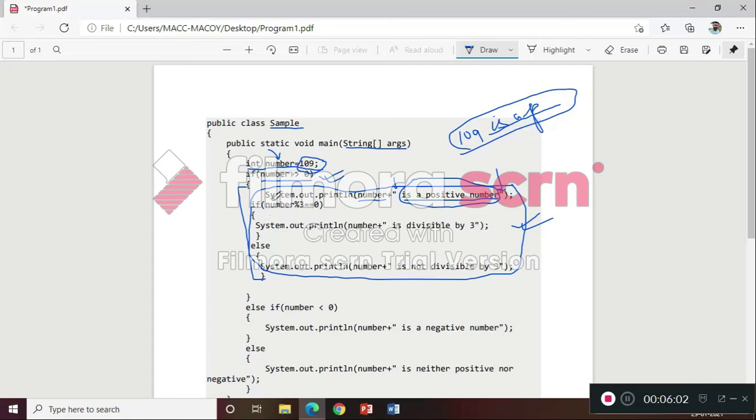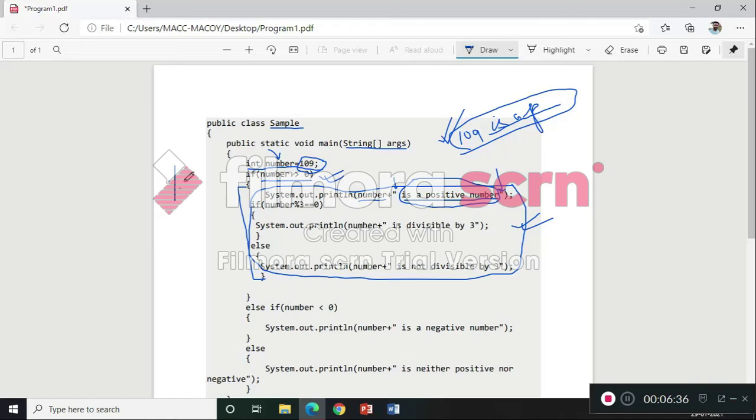After the display of this particular line, the compiler will check if the number modulus 3 is what? What is the modulus sign responsible for? The modulus sign is responsible for checking whether the number is divisible by 3 and the remainder comes to be what? This is the modulus sign. In mathematics you call this percentage, but in computer terminology we call it modulus.